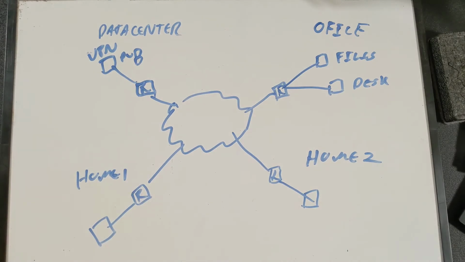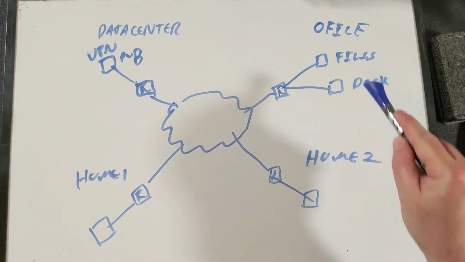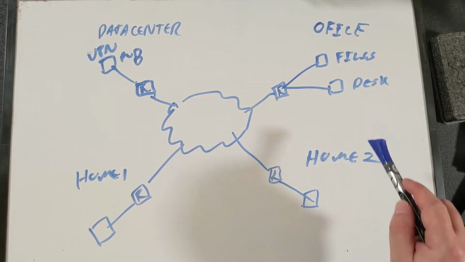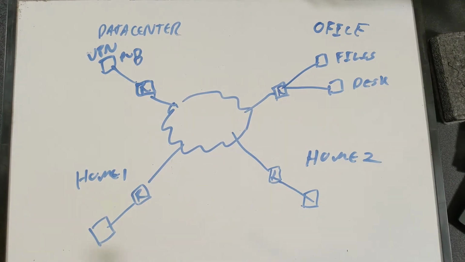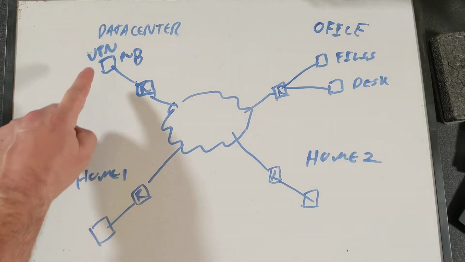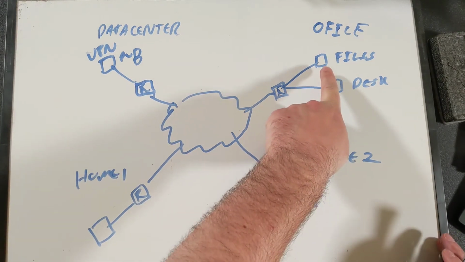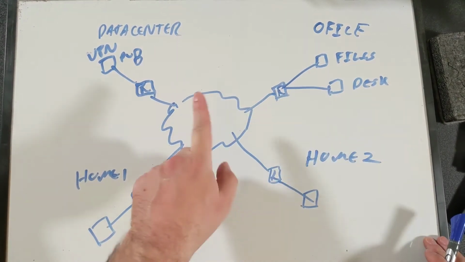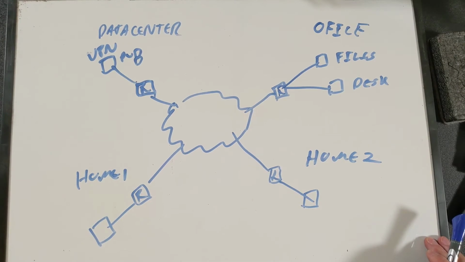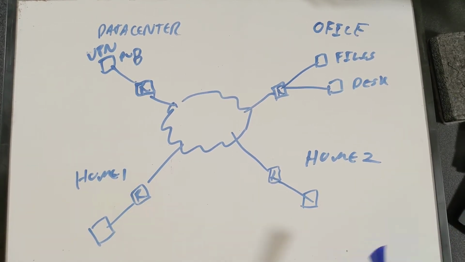All right, here we have a network set up for a company where most of the people work from home, but there are one or two people who work at the office, and there are servers at the office. So the setup that we have here, we want to be able to have everybody access this file server, regardless of where they are. And we don't want to just give the file server a public address, because we want the security benefit of making sure that only people who are on the private network have access.